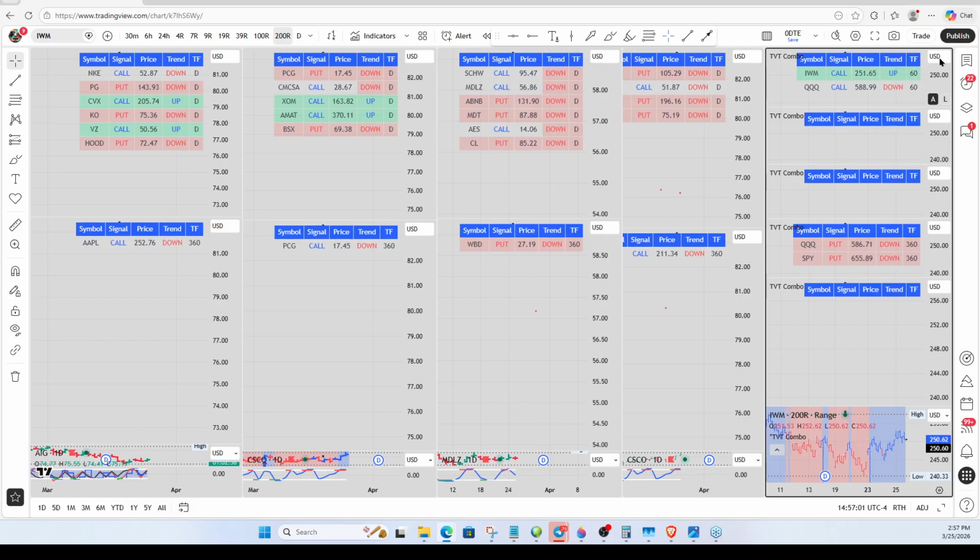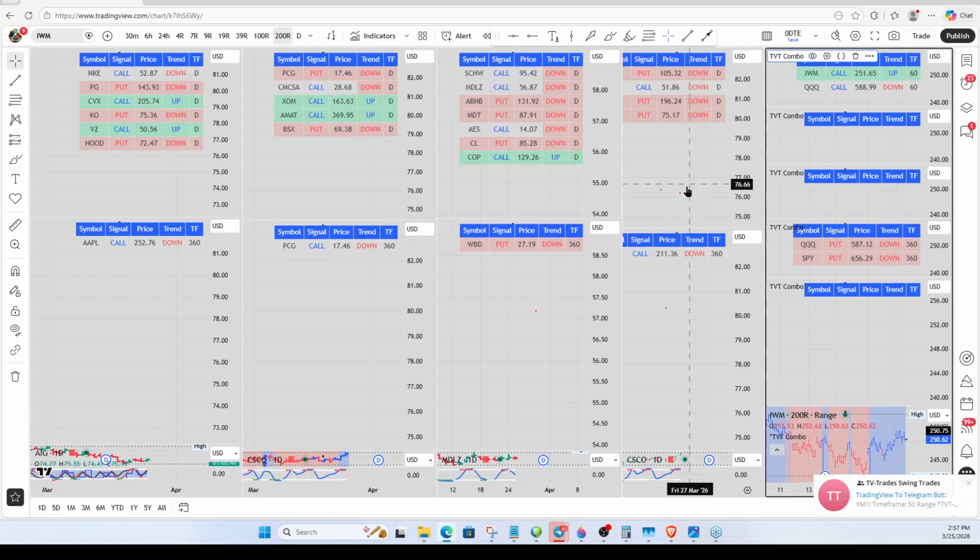Now, the way that I have it, see this QQQ and SPY, this is on the 6 hour, right here. The QQQ and SPY. This is the daily, this is a 6 hour, and this is a 3 hour, that's a 2 hour, and that's a 1 hour. And I'll explain the reason why I did that in a few minutes. Okay, but